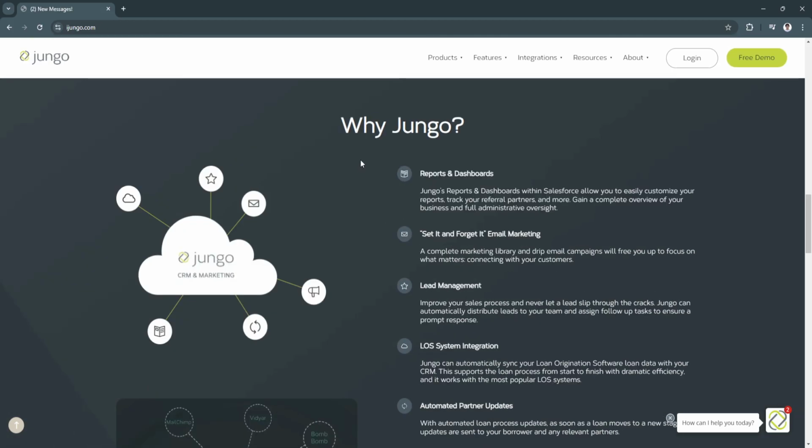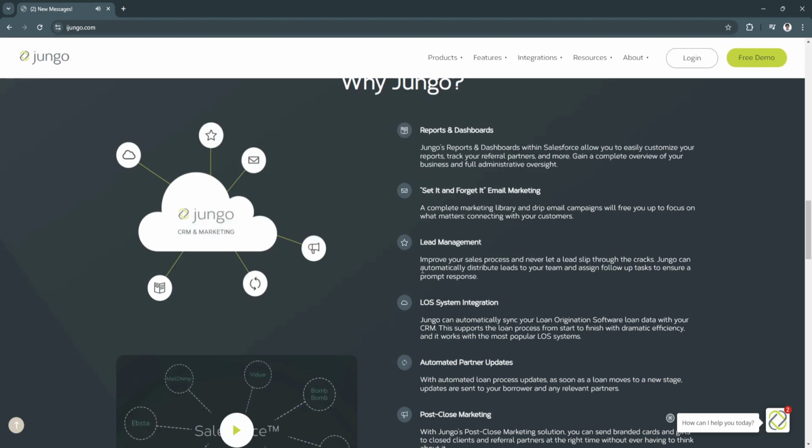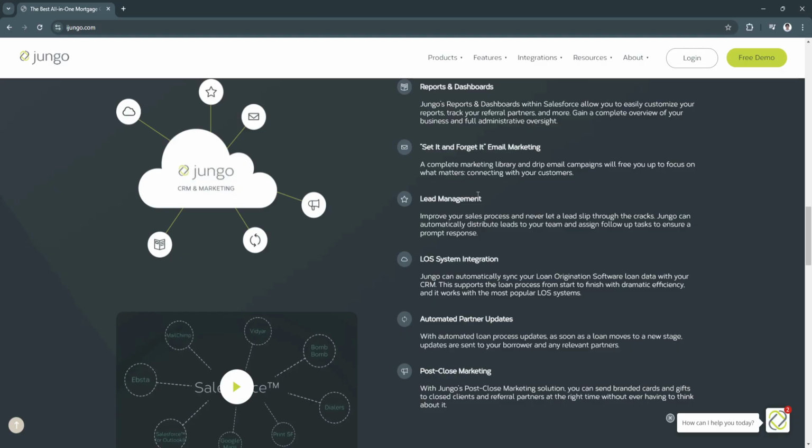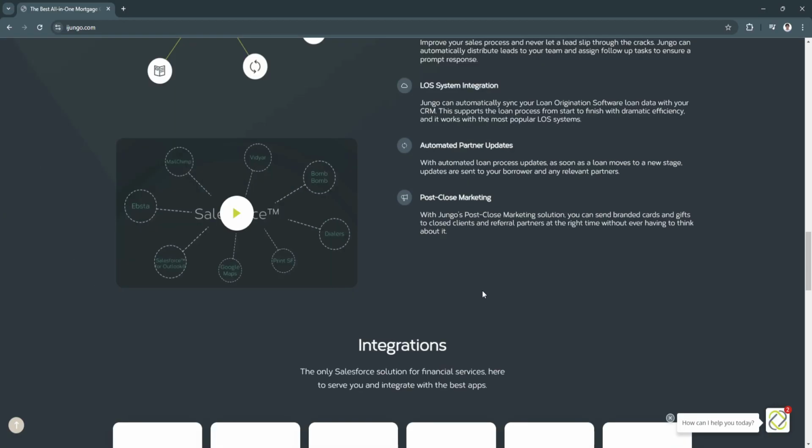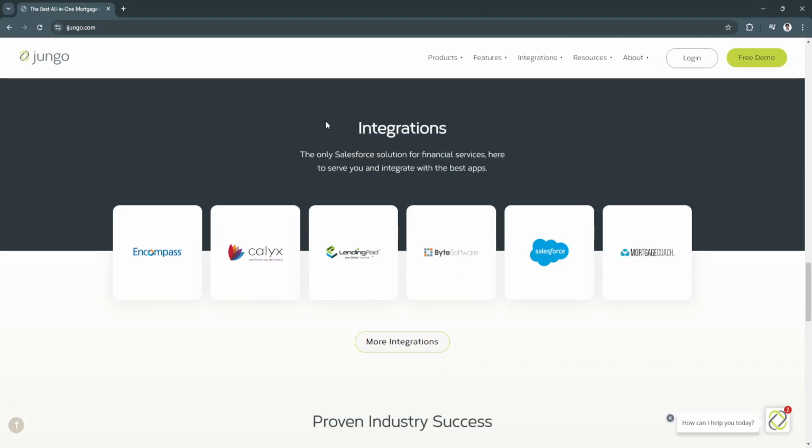So as you can see right here, why Jungo? I have already said all of these key features and benefits. They have these reports and dashboards. They have this set it and forget it email marketing and lead management, LOS system integration, automated partner updates, and post close marketing. As you can see, they have also integrated with some other financial services such as Encompass,